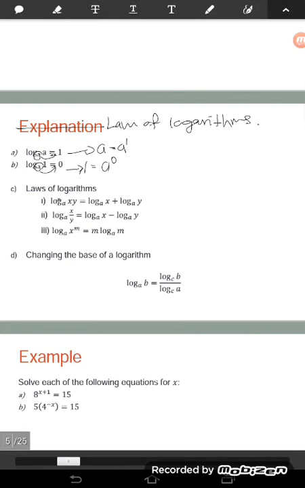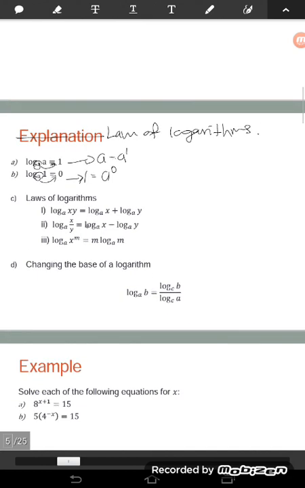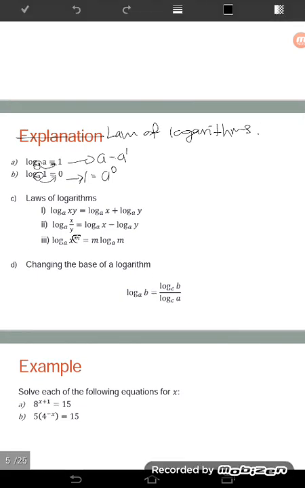Okay, so this one is the law of logarithm. Log a of xy is equal to log a of x plus log a of y. Dah rub jadi tambah. And this one log a of x over y is equal to log a x minus log a y. And here log a of x power of m is equal to, this power of m you can bring in front. Boleh bawa pergi ke hadapan. It is equal to m log a x. Saya salah type. So m log x base a.